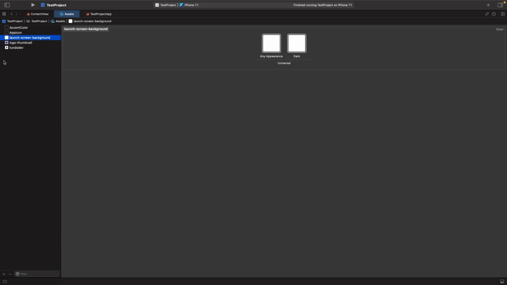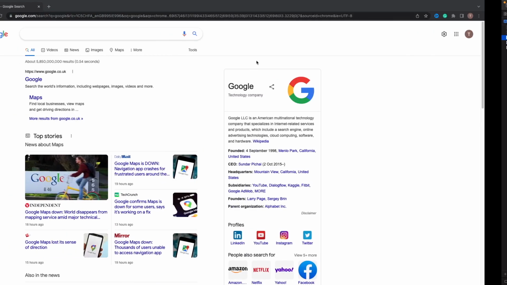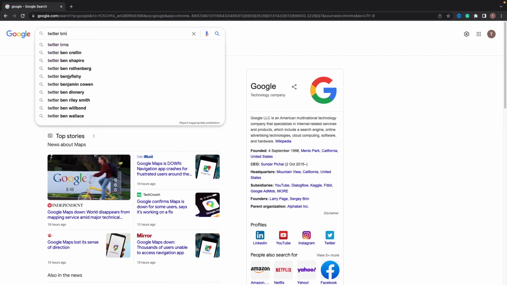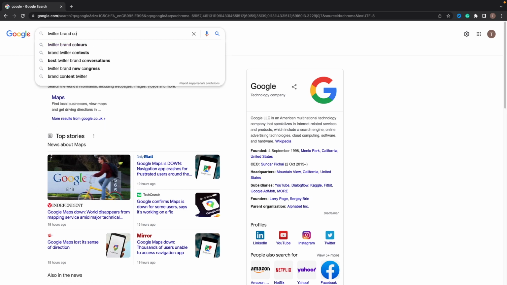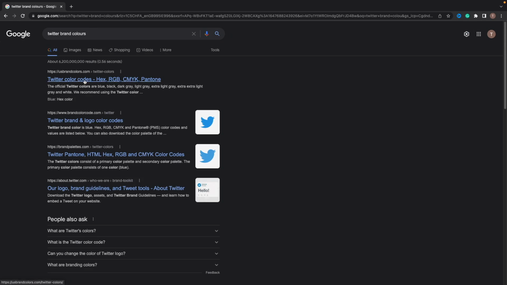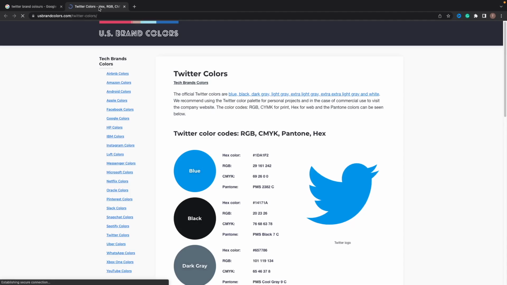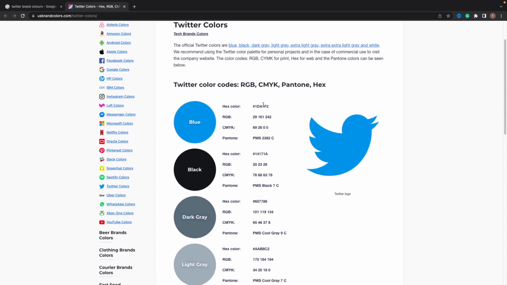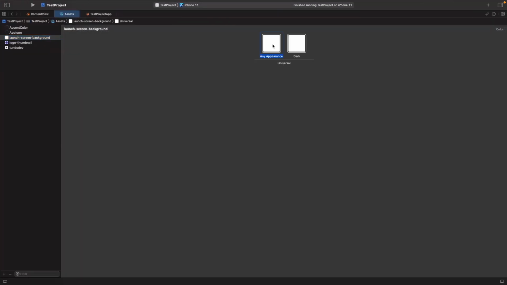Okay, cool. What we want to do is use the Twitter brand color for our colors here. In order to do that, if you just go to Google and search for Twitter brand color, and find a link that has the hex codes, we're just going to use this website here. What we want is the hex color for the Twitter blue. So let's copy this hex color, and then in Xcode, for any appearance,